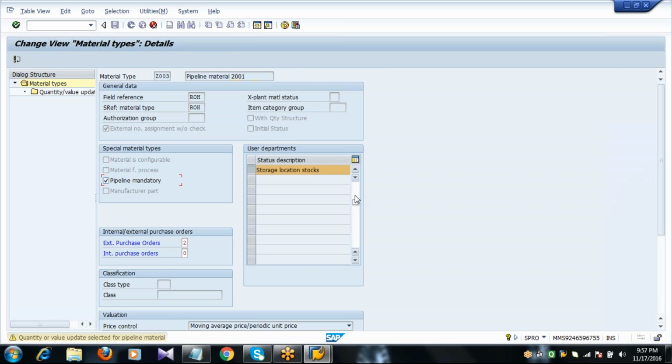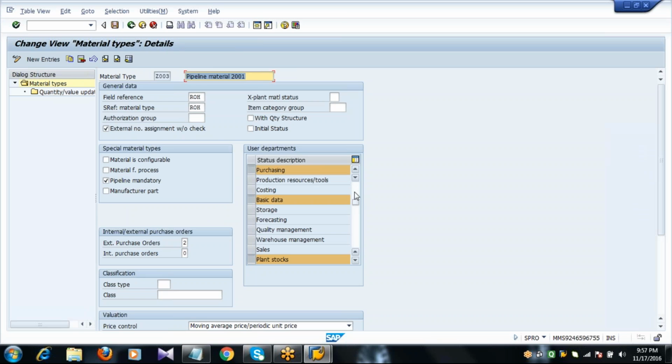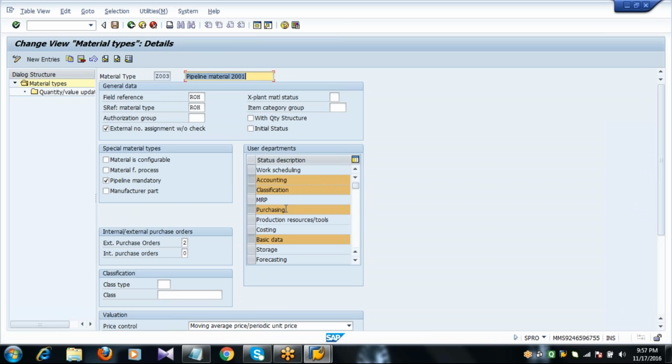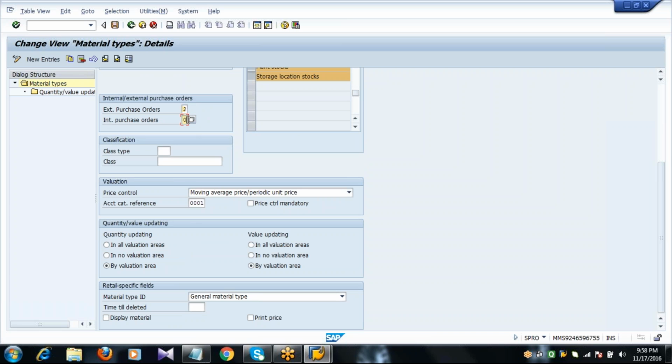So here for this material, you'll have accounting, purchasing, basic data, storage. You will not have plant stocks and store location stocks because we will not store the material. So external purchase orders 2, internal purchase order 0.